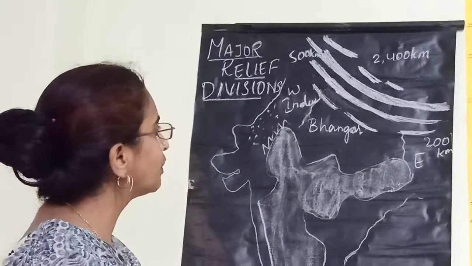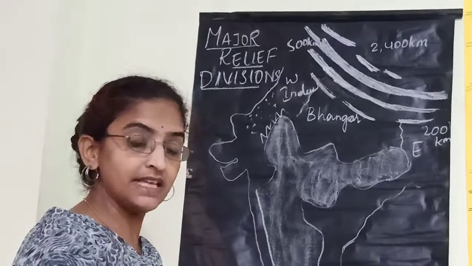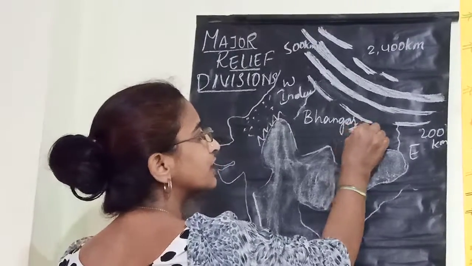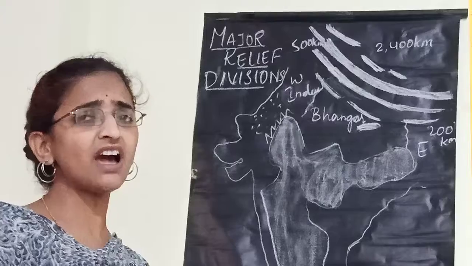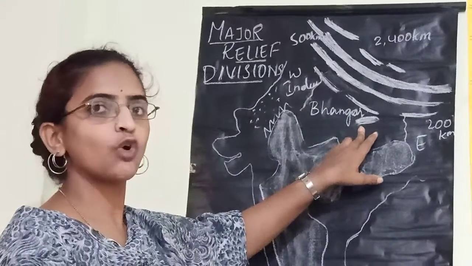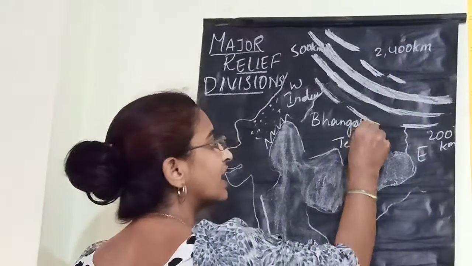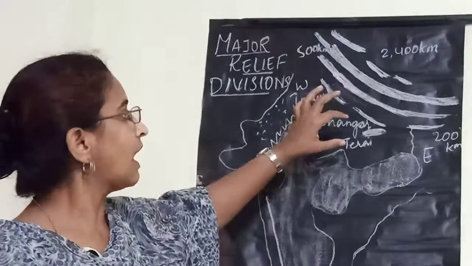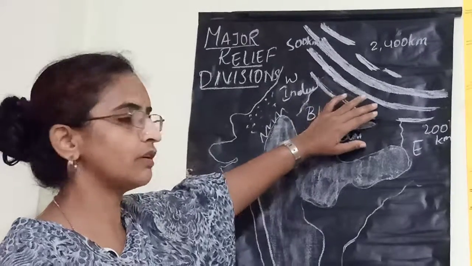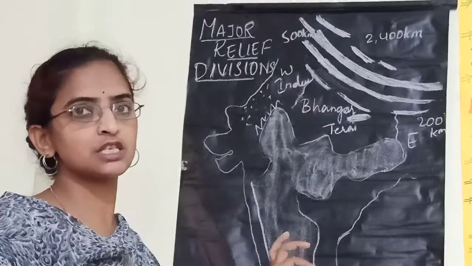Okay, and when you go towards the eastern extent, that means the east part of Uttar Pradesh, we can see a part of the region is completely marshy tract. They are the wetlands, and this marshy tract is called terai. What is it called? It is called terai. They are very good fertile soils, and the largest vegetation is found in this part of the region. Okay, that means terai is completely filled with the thickest forest.